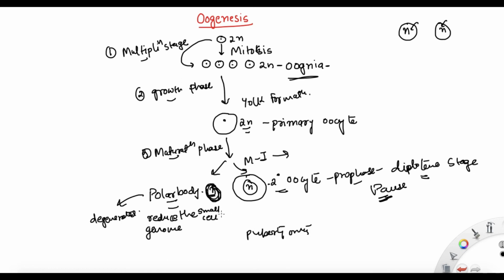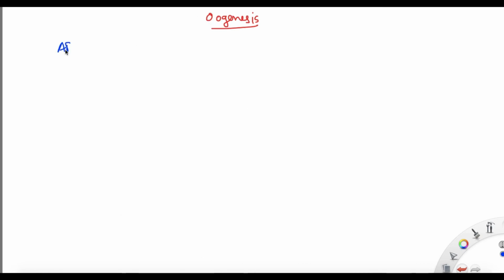Okay, so this has paused over here. Now we will see what happens. After puberty, when ovulation happens, that is the release of an egg. That is where the next phase will happen. To be very specific, it is the release of the secondary oocyte that we saw in the previous slide.